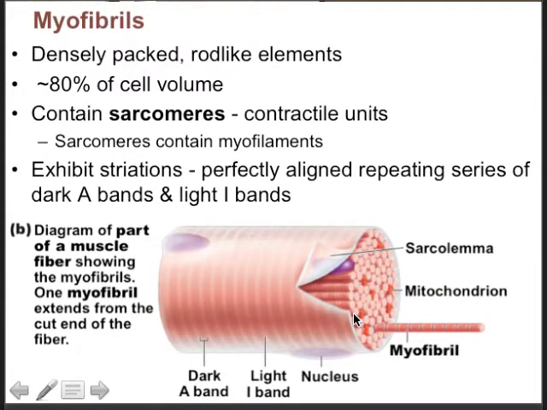Each exhibits striations. These are perfectly aligned, repeating series of dark and light bands. The dark bands are called the A bands, and the light bands are called the I bands. Now, something that's very interesting about this muscle cell, this is just a segment of a single muscle cell here. You notice that there's more than one nucleus in a skeletal muscle cell, and the reason for that is when